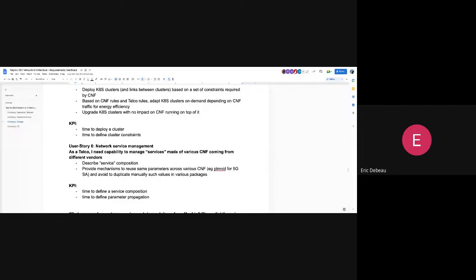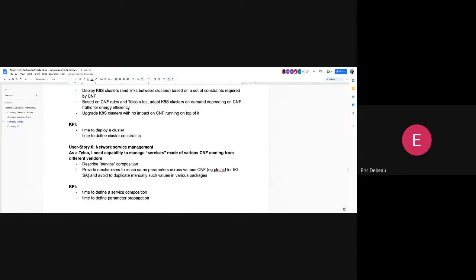So today, we can use some kind of service orchestration tool for that, but I believe that Nefio could provide also some minimum mechanism to describe what is a service composition, and also to provide some help to define the various parameters that can be used in this service composition.